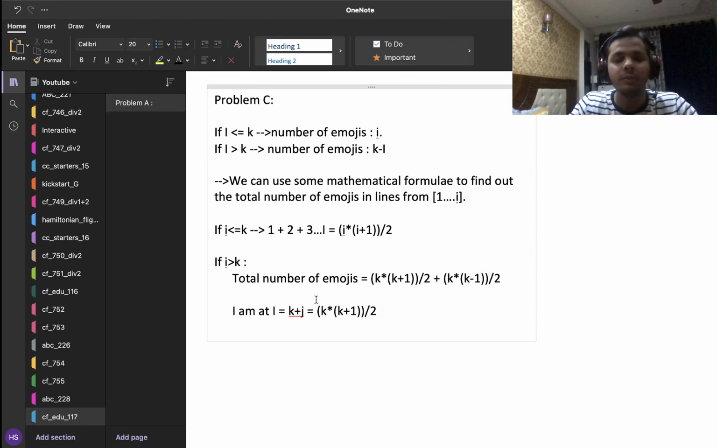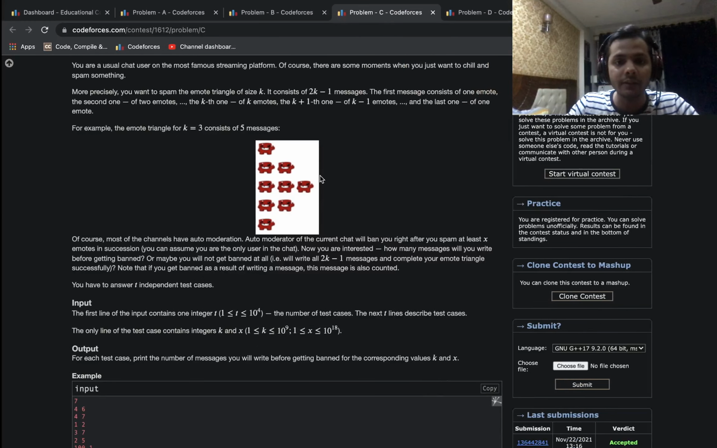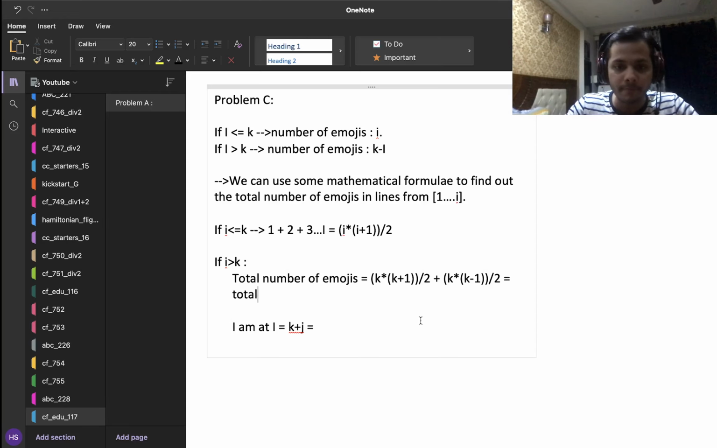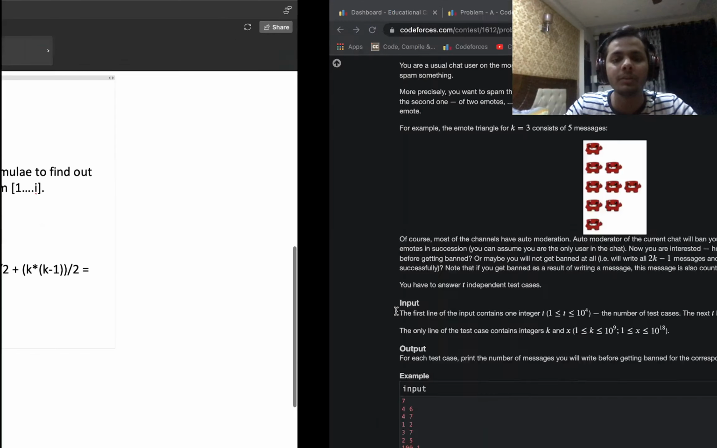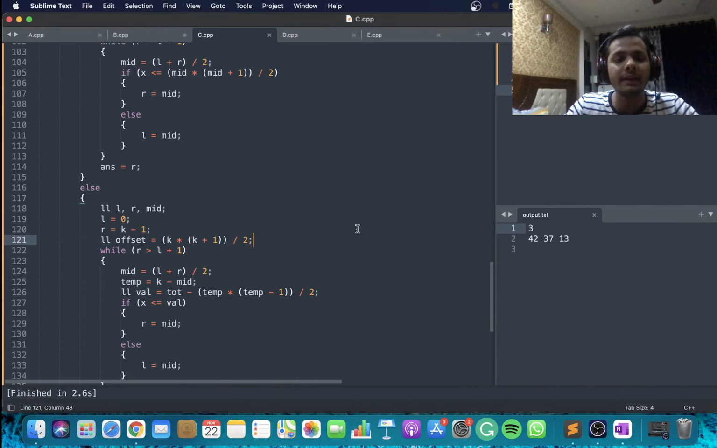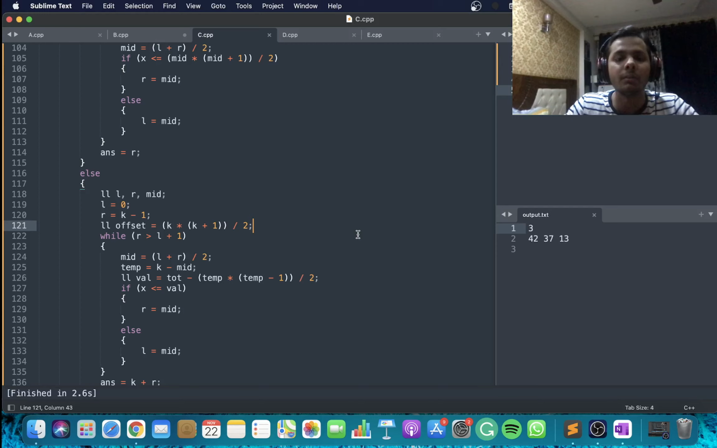But after that you have to add something else. And so what you realize is that instead of adding that, what you can do is subtract this bottom part from the total number of emojis. So this is what I'm going to do. Let's mark this as total. When I'm at k plus j, the total number of emojis in the prefix from 1 to k plus j is going to be total minus this bottom part. And we can clearly notice that the total number of emojis in this bottom part are just